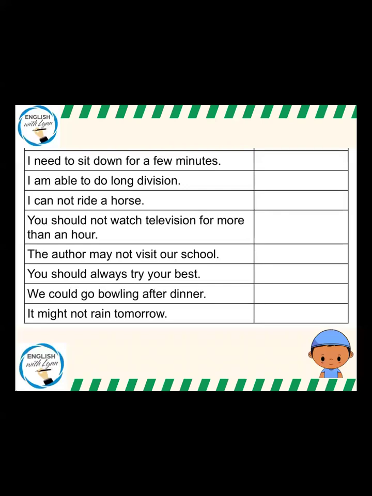Look in there first of all for my modal verb. I've got the semi-modal, "I need to." So, need to sit, and that is showing the necessity. It's showing that I have to do it. I have to sit down. So that one there